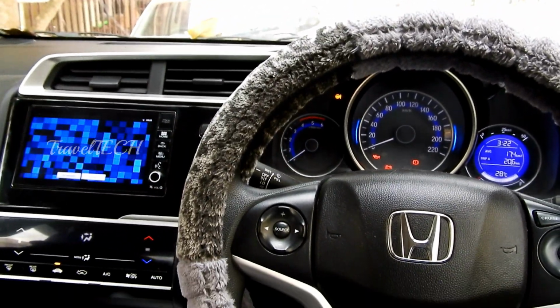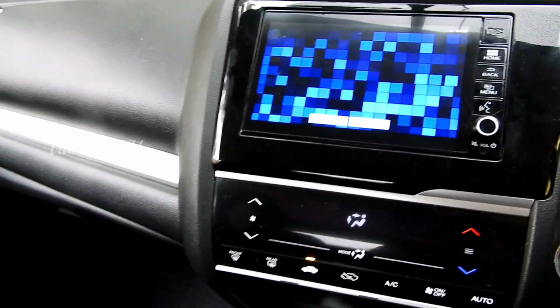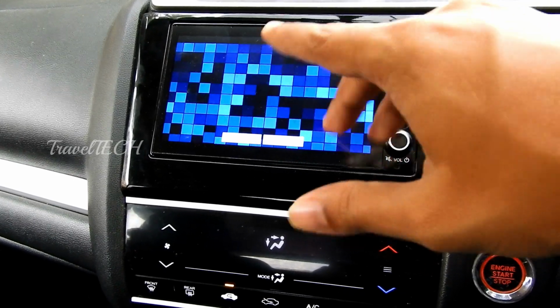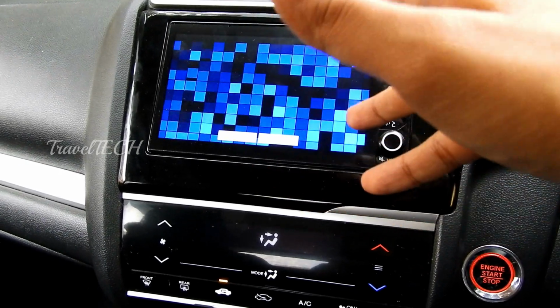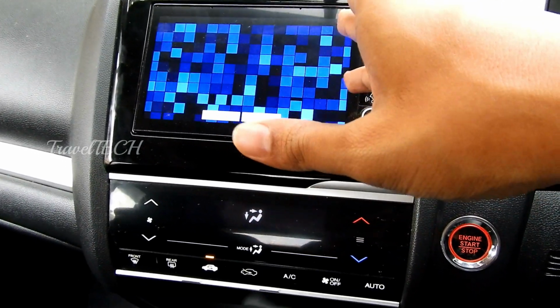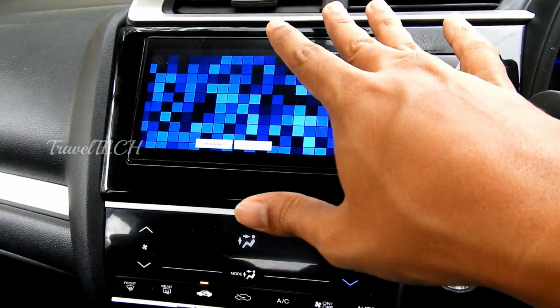So as you can see, it looks really nice, it blends really well, and the good thing about this live wallpaper is that you can customize these colors. You can change them to any color you want, the background color, the foreground color. You can set up to 4 maximum different colors, and you can change the animation, you can change the size of the cube and everything. So it has a lot of customization options.